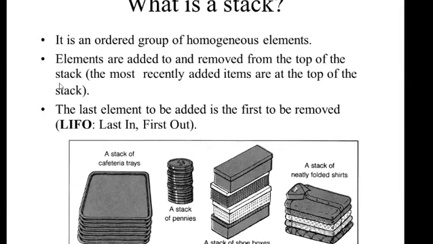Okay, so basically stack is a collection of homogeneous elements, meaning we are going to implement a stack using an array or a linked list, but all the elements in a particular stack should be of the same type. The elements should be homogeneous only, because we are using only one end for placing or removing an element or object in a container. So we can say we are using a particular end, and that end is called the top of stack, and it is a very important term we use while discussing the stack.